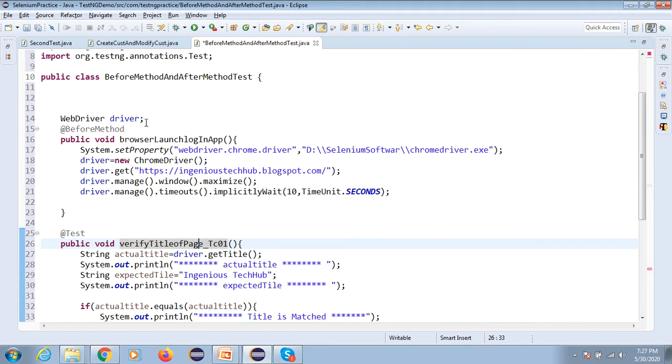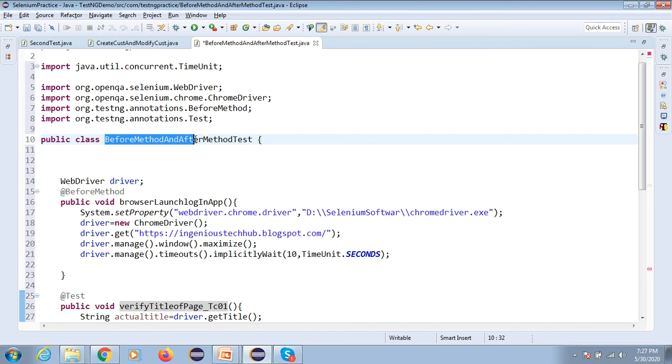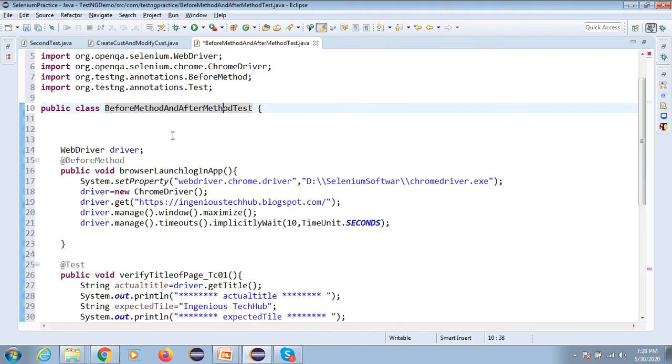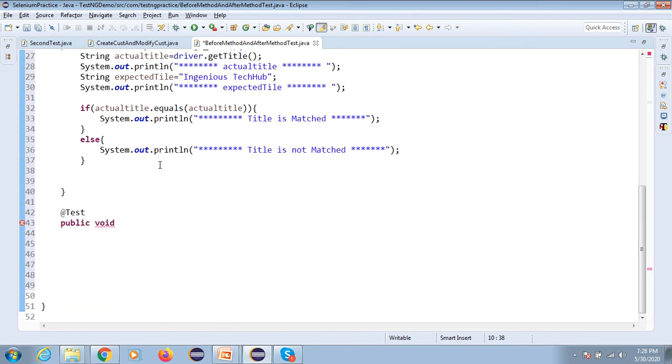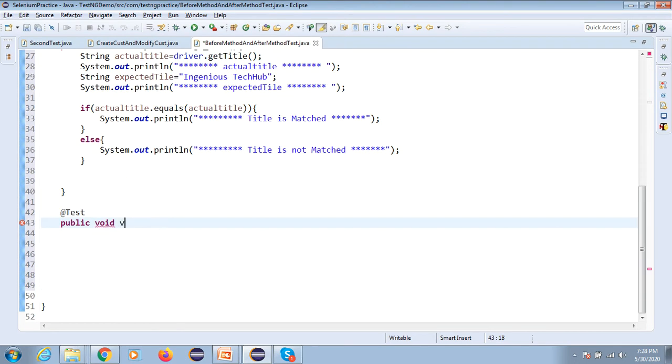Method name and variable name have the same naming convention, but the class name starts with a capital letter. You can see again capital, again capital. So this is the coding standard you have to follow in real time when you are going to work on any project, right? So now verify